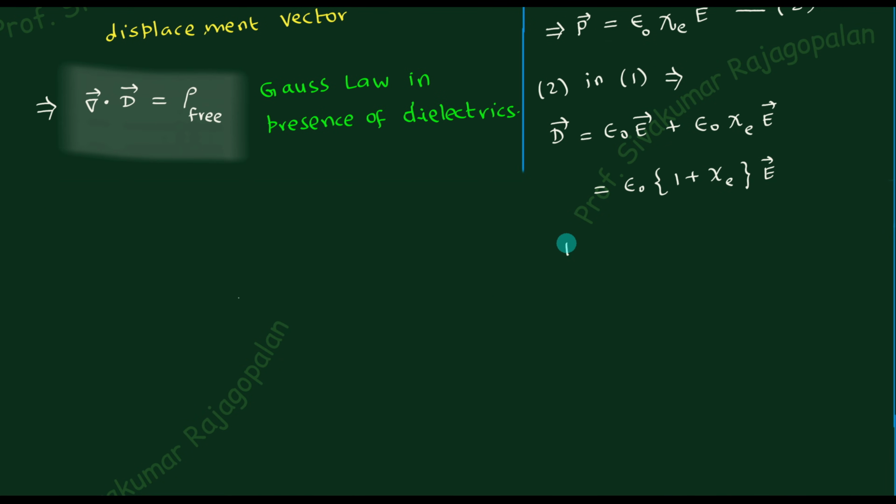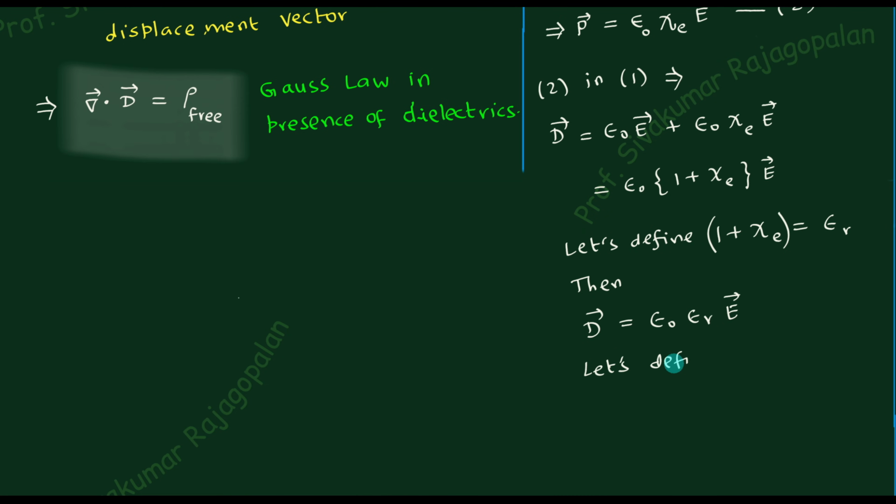And therefore we can write it like this. We are going to give the name epsilon r to this quantity, and then we can rewrite the expression in a much simpler appearance like this. And as usual, the product of epsilon 0 and epsilon r can be defined as epsilon without any suffix. So D will be equal to epsilon times E vector. Here, in both places, the suffix is there, and here you don't have the suffix. So this is simply a compact way of writing. Epsilon 0 takes care of all the units, and epsilon r doesn't have any unit.